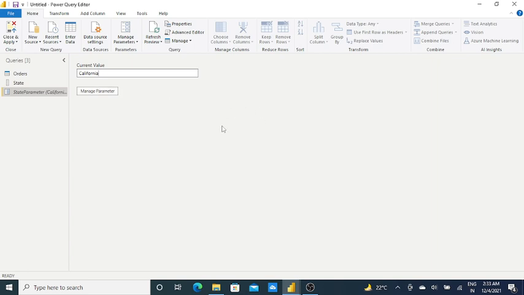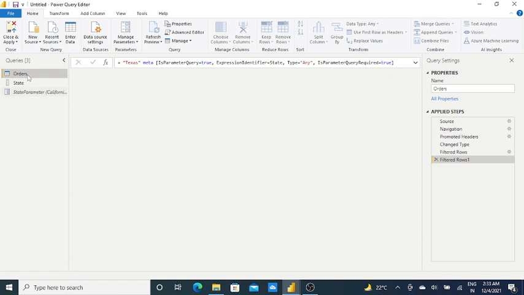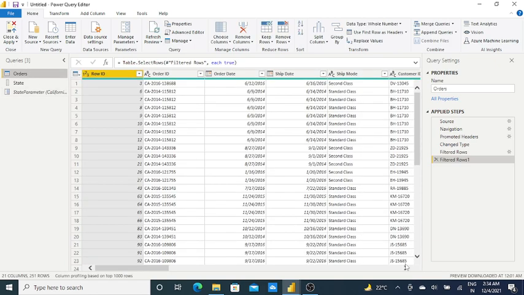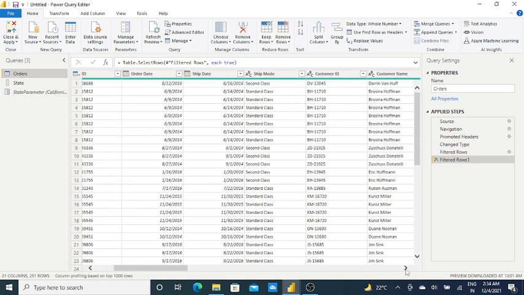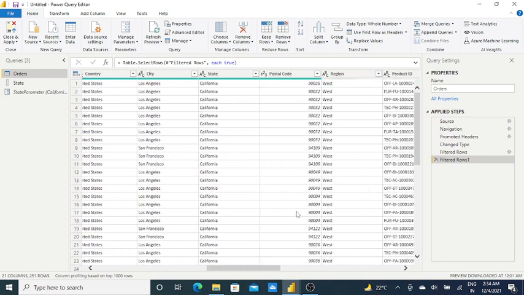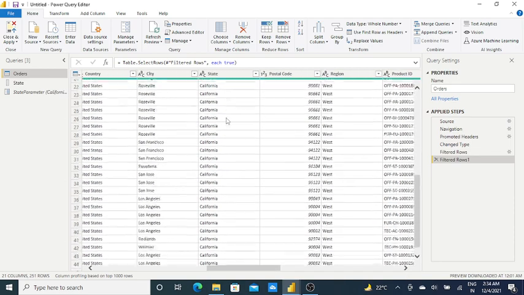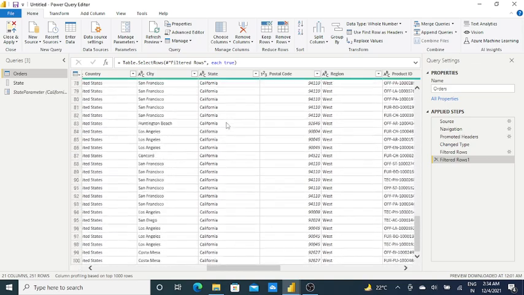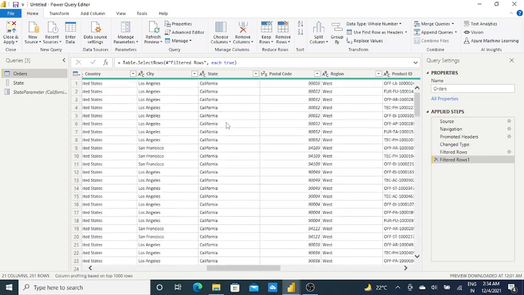Now click on any place, friends, and select that California. Now go to your orders table, and you can see here the California. See here, friends, you can see now only California. Fine. We are done with the transformations here.